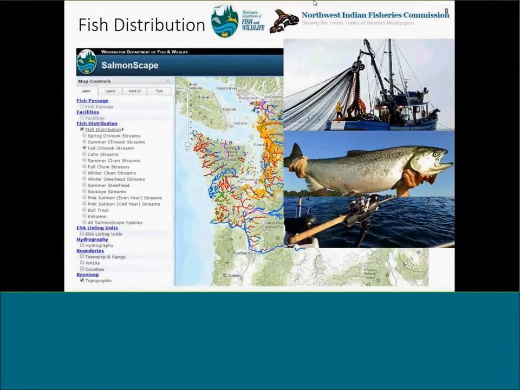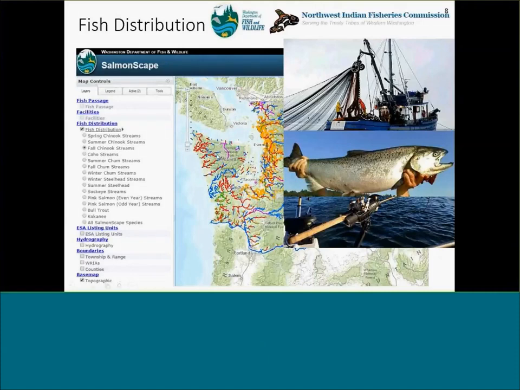This Salmonscape web map was released last year and shows fish distribution that are all located on NHD through linear events. And this is a huge deal. Prior to this project, the State Department of Fish and Wildlife had its own fish distribution on their own hydrography layer called STR-24, and the Northwest Indian Fisheries Commission had their own fish distribution on another hydro layer called SHEAP. And through a grant with EPA, a team was put together to jointly map this distribution onto the NHD.